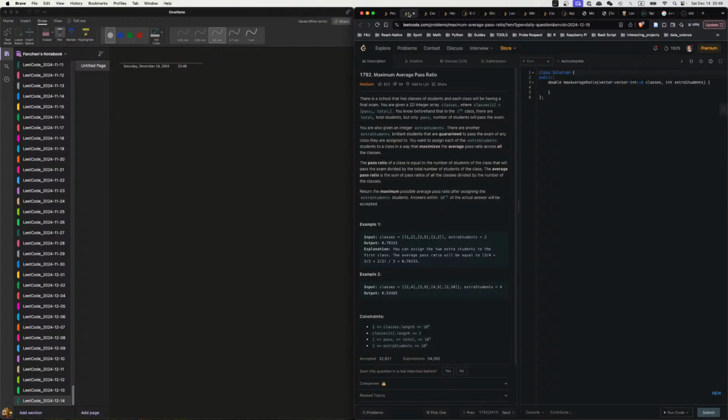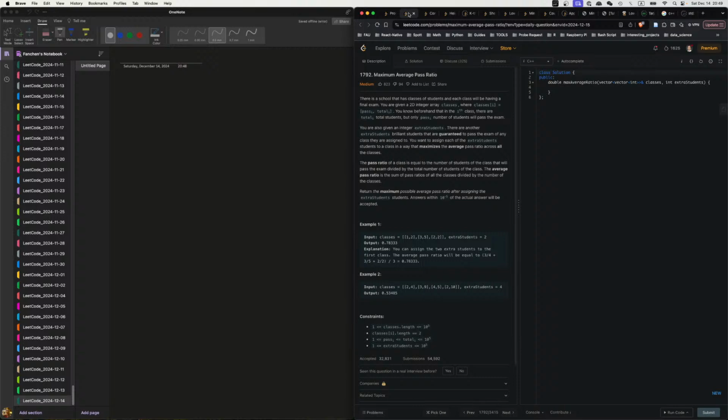Maximum average pass ratio. There is a school that has classes of students, and each class will be having a final exam. You are given a two-dimensional integer array classes, where classes[i] is pass and total. You know beforehand that in the ith class there are total students, but only pass number of students will pass the exam. You're also given an integer extraStudents. There are another extra students,